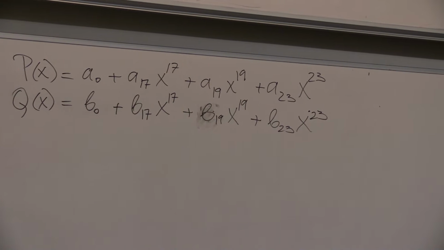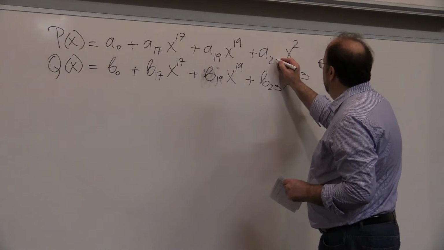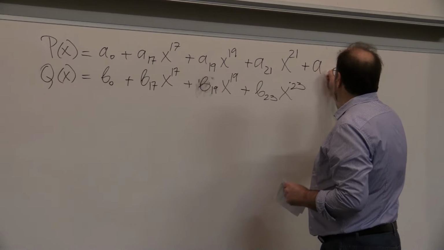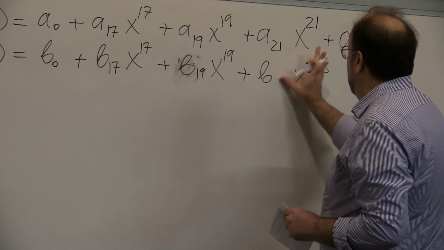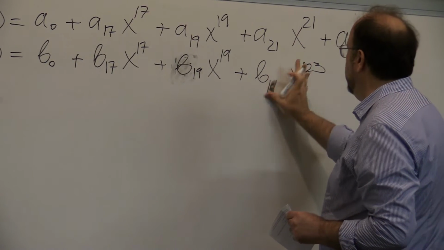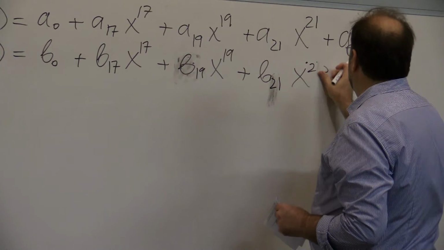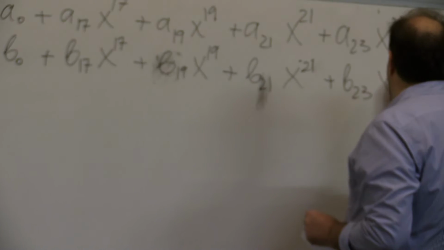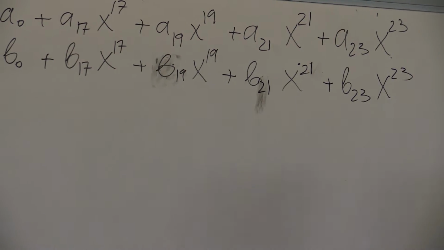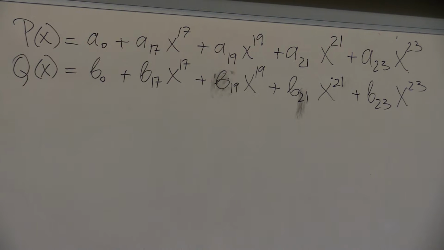had a 21st pair as well. Oh, you're right. Sorry. So a21 x to the 21 plus a23 x to the 23 plus b19, no, b21 x to the 21 plus b23 x to the 23. Okay? So first we want to do it with 16 large number multiplications, and then try to do it with